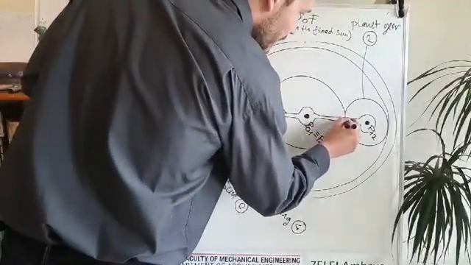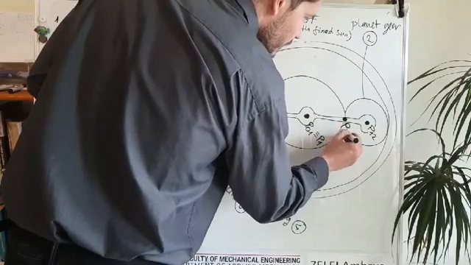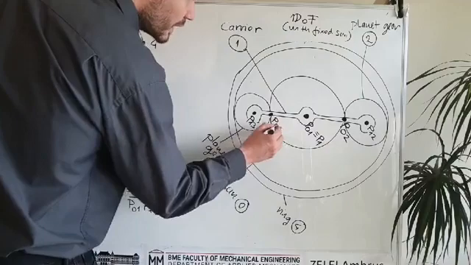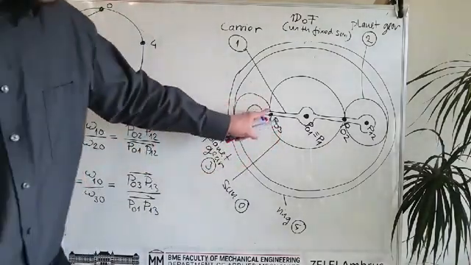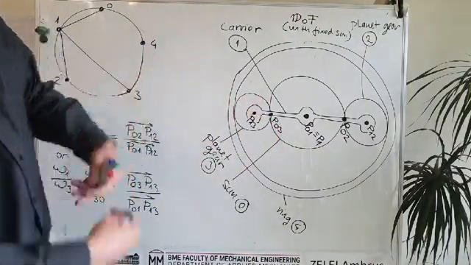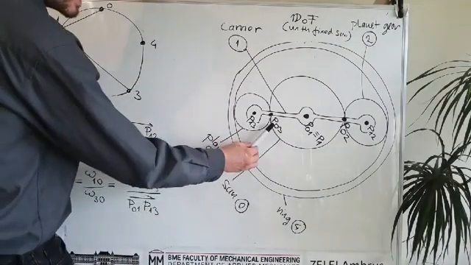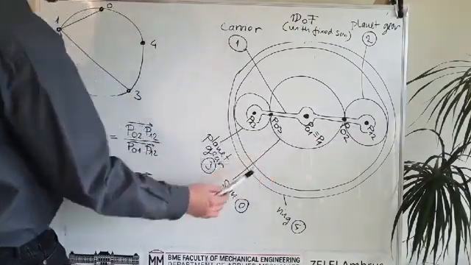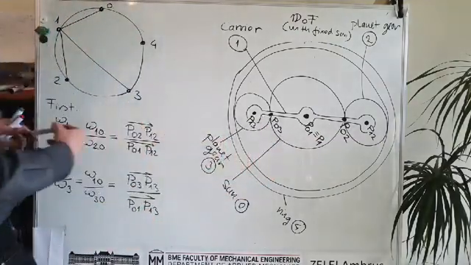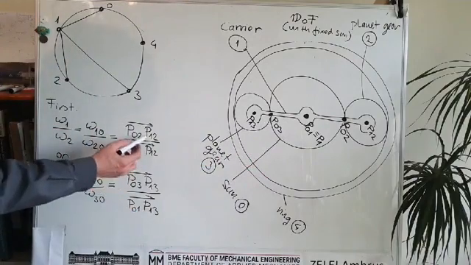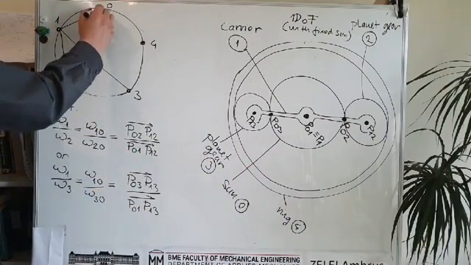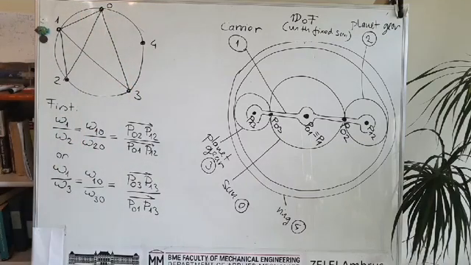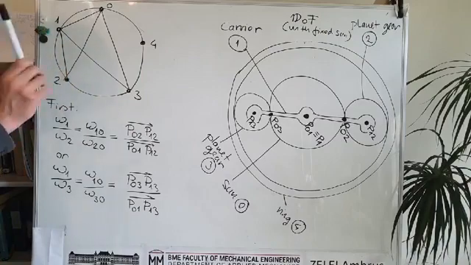So this point will be P02, and similarly this point will be P03 because they are touching each other here, therefore their velocity must be equal, and therefore this is the relative pole of rigid body number 0 and 2 and rigid body number 0 and 3. So these are also found. So P02 and P03 are found,